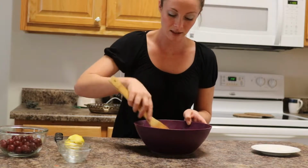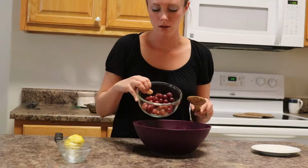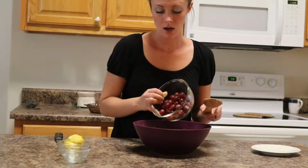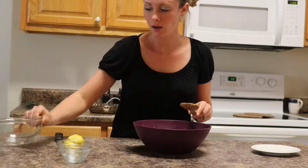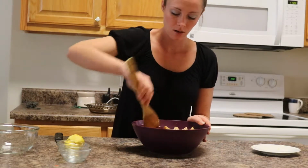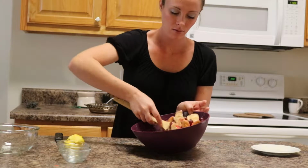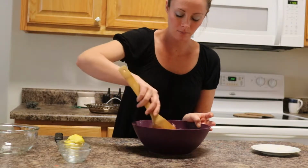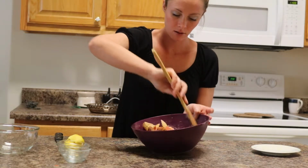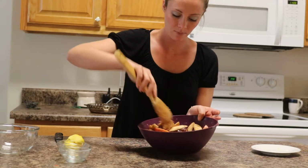Alright, halfway through mixing this together, you're going to want to take your grapes. I've left mine whole, but you can cut them in half. You want to make sure you use seedless grapes. I'm using red seedless grapes and black seedless grapes, which give it a really pretty color. After it's done baking, it's more like a purple color versus the red, which doesn't give you such a dark color. Alright, so once we get all these mixed up,